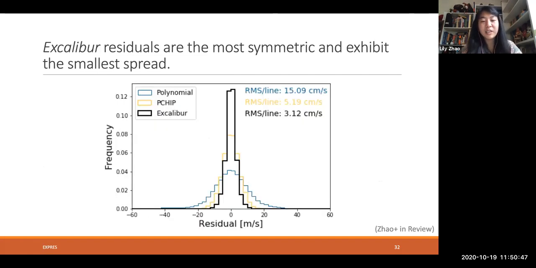And then when you put it all together and run a test also of the hierarchical step and how well it can predict known wavelengths, you can see that with the polynomial, here are the residuals on a line-by-line basis, which is why they're kind of large in meters per second. If you use a polynomial-based wavelength solution, if you just use the interpolation step, you get the yellow histogram. But if you also use denoised line positions, you get the black histogram, which has the lowest spread in RMS. This is all rolled into our much longer flat-relative optimal extraction pipeline.